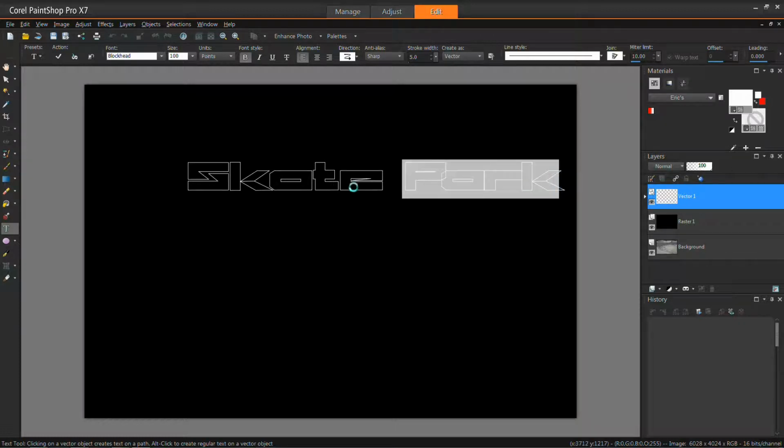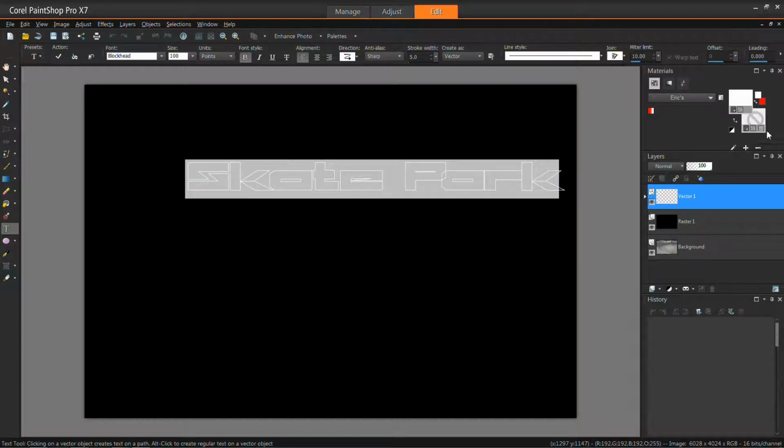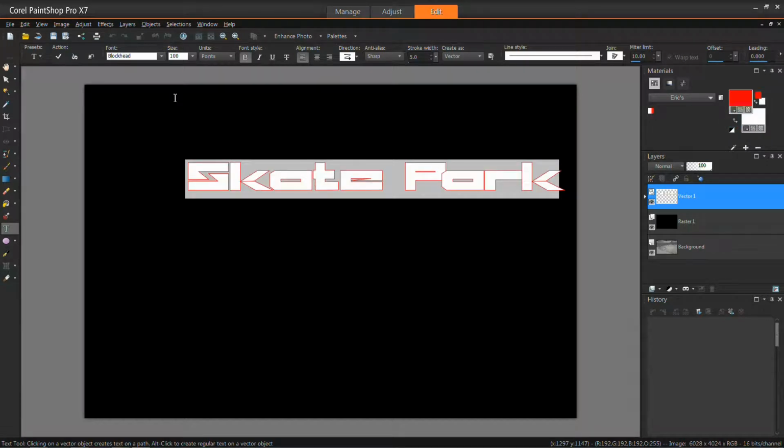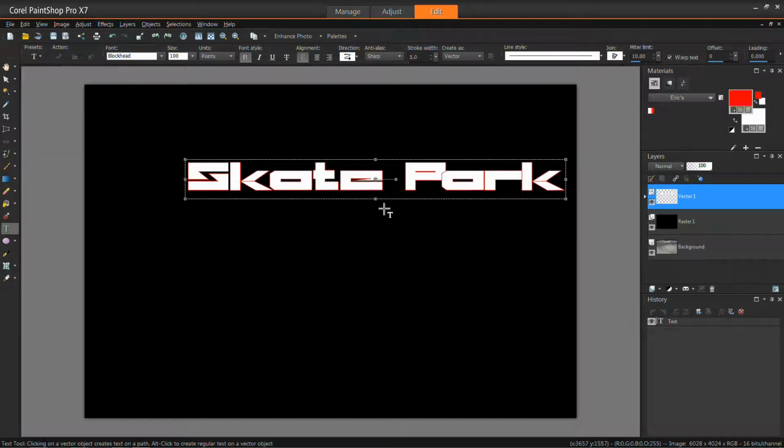And I'm going to highlight this text before I apply it and put in color. Reverse that. I'd like it to be white. So you see how I just did that. Make sure all the text is highlighted, and I just reversed the colors here. What's on the foreground and what's in the background, and what that is doing is changing what the stroke color is versus what the fill color is. So once I'm happy with that, I can hit enter. I can hit apply, and